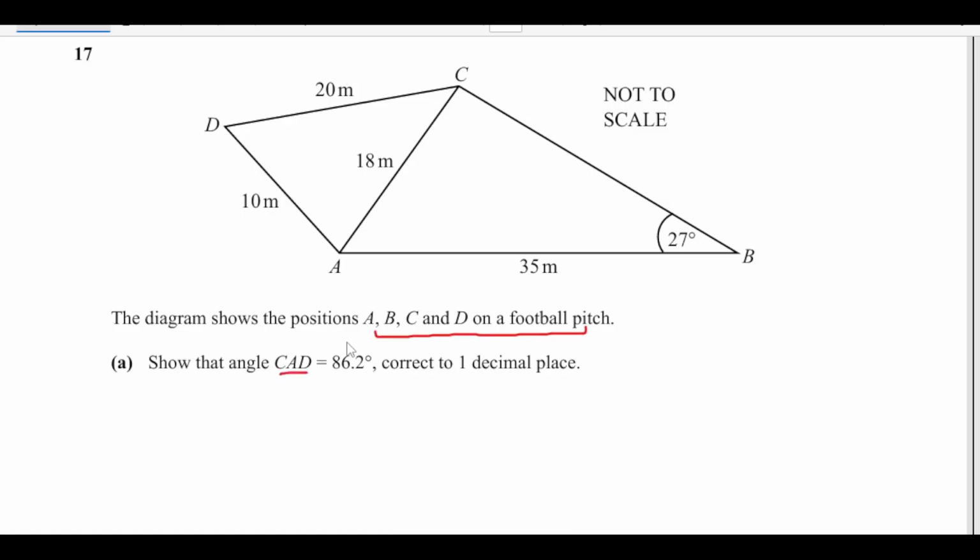Show that angle CAD is 86.2 degrees. CAD, we are talking about this angle, right? So this we need to show. You see we have the sides, so we can use the cosine rule here. So by cosine rule,